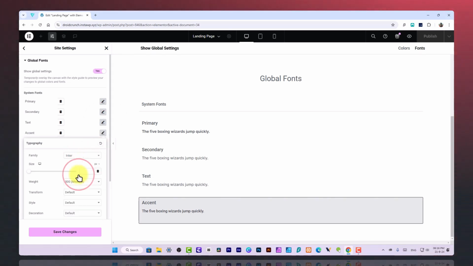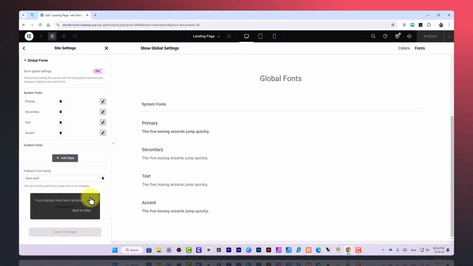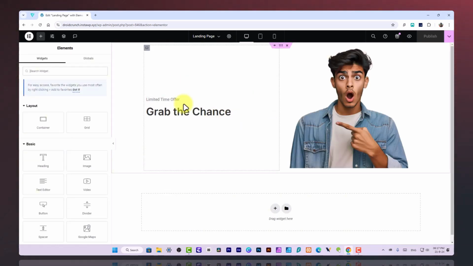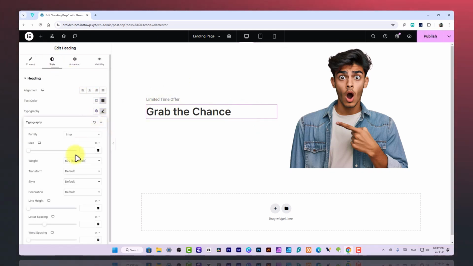You can anytime increase the speed of the video if you are finding it a little slow for you. Now let me save this page, the global fonts, and get back to the settings, Elementor panel. And now you can see the fonts are changed. Okay, I will give it a bit more weight like this,